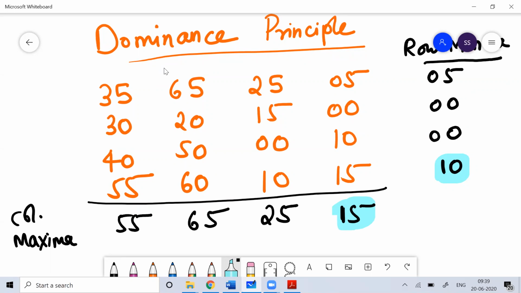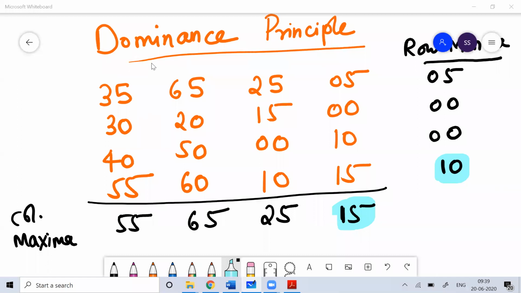Imagine if the maxima of the row minima becomes equal to the minima of the column maxima, then that kind of problem is based on pure strategy, and we don't have to do anything. Then the value of the game would be that value. But here we need high probability, because this is not a 1 mark question. This is at least a 5 mark question, so we have to give respect to the problem based upon its 5 mark concept.